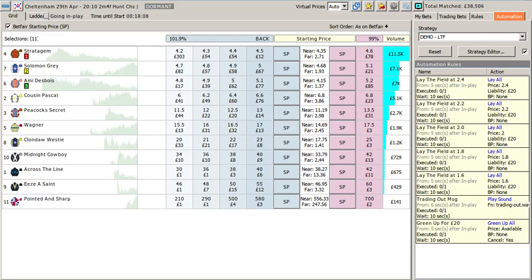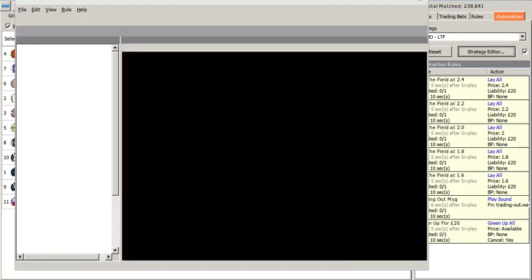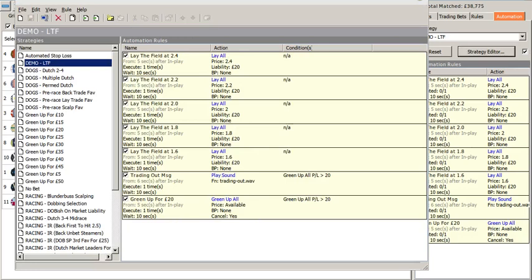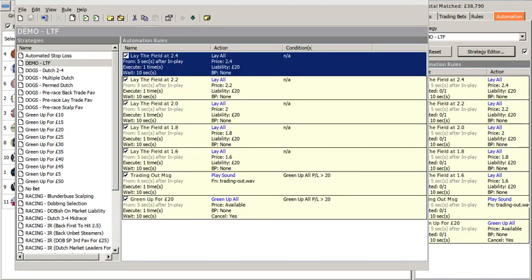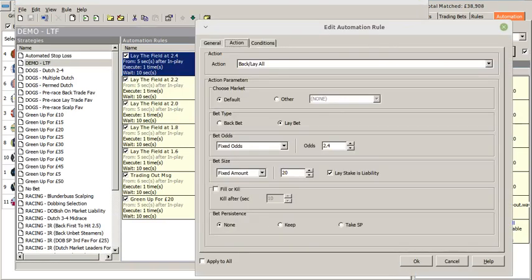Another version of that, if you like, is to lay the field rather than at fixed odds, lay it at an offset. Again, we'll just call up this one here. That's maybe the quickest way to show you. If we click into here and choose the edit rule again, what we've got here is we are laying bets for all of the runners at fixed odds of 2.4 in this particular case. But if you choose